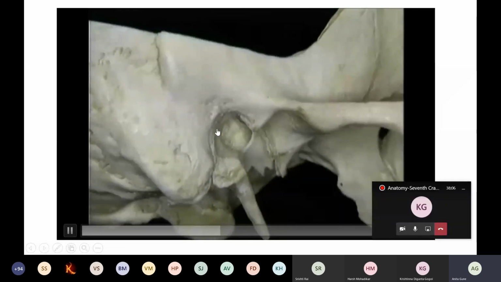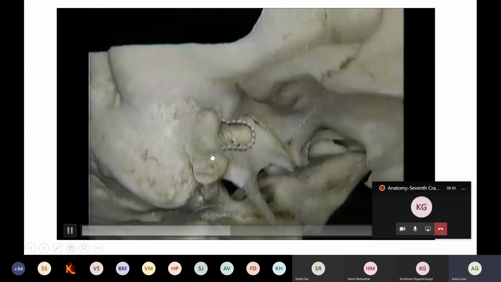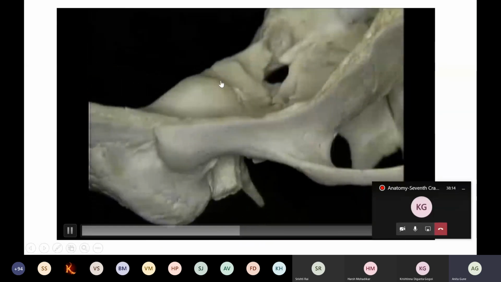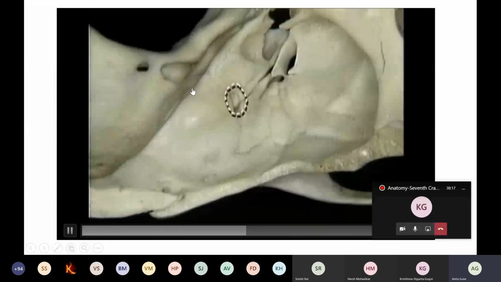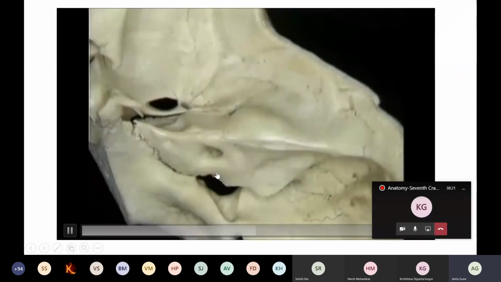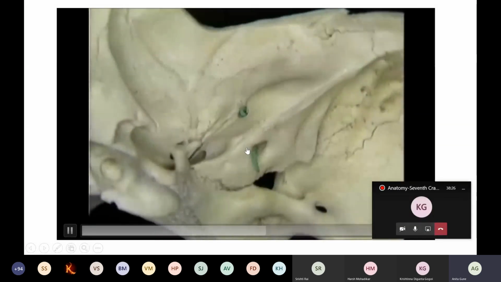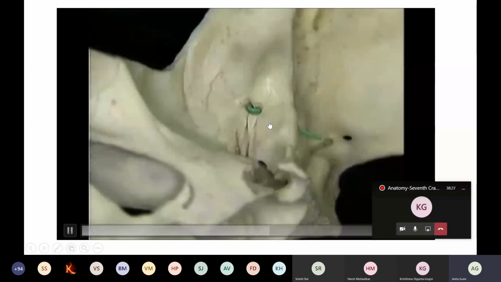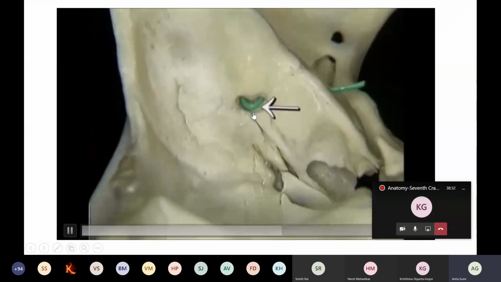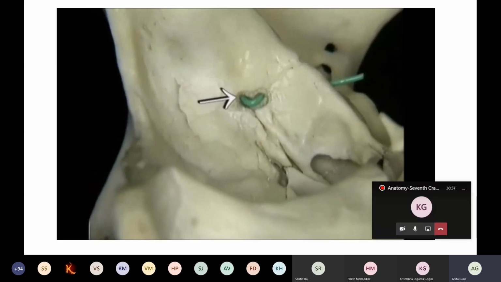So if you recall your course again, in the posterior cranial fossa, the nerve was going to be formed. After it is formed, it will enter the internal acoustic meatus. We are going towards the internal acoustic meatus. This is the internal acoustic meatus. It will enter the facial canal. From the facial canal, it is going to the anterior part where it is forming a bend. This is called the external genu, where you have the geniculate ganglion.